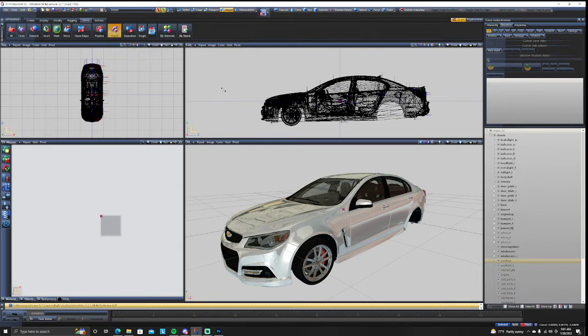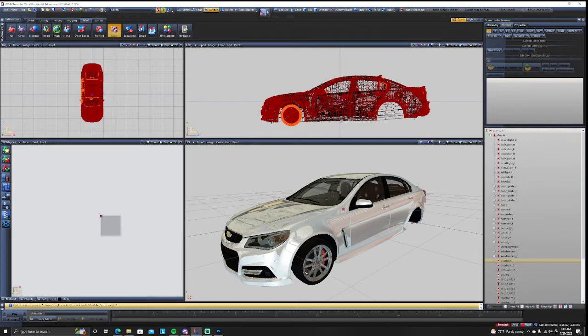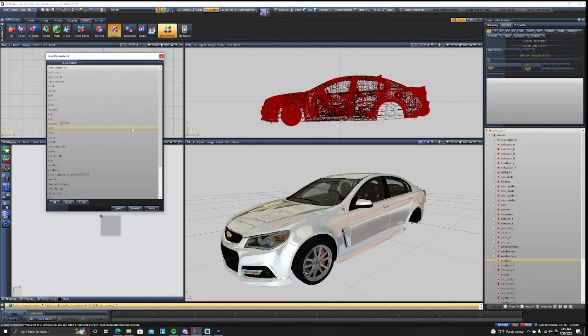So first you want to go to your quadr, I don't know how it's actually pronounced, I just call it quad R. Select your whole vehicle and then go into poly mode, and it's going to have stuff selected from the last time that somebody worked on it. So deselect it all and then select by material. You're going to want to find paint 1,